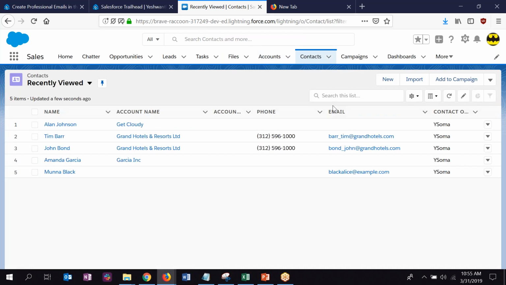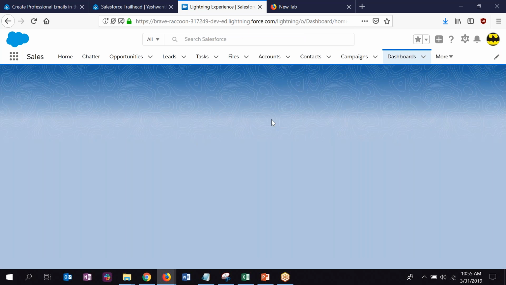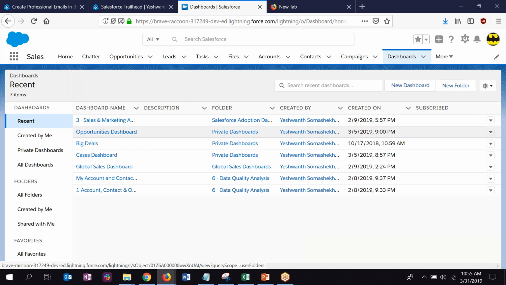Everything is based on browser. It's all browser. The application is housed somewhere else, and we'll dig into this detail later. But it's all browser based. As long as you have an internet connection, you can access Salesforce from your phone, your iPad, anything. Just log in and you're done.